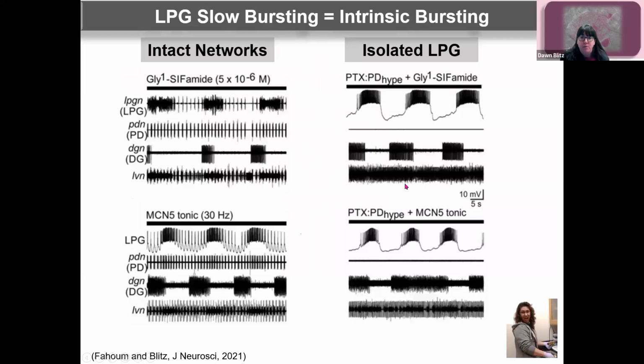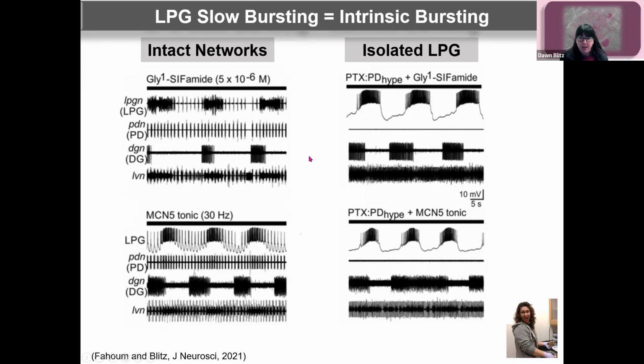And so again, apologies to my grad students for this super quick overview here. This is LPG generating the dual frequency bursting in response to cifamide or MCN5 in the intact networks. And then what Savannah did was to use picrotoxin to isolate LPG from all the glutamatergic input, and PD hyperpolarization to eliminate the rhythmic electrical coupling from the pyloric pacemakers. And you can see that this isolated LPG generates these beautiful slow oscillations underlying the slow frequency in the